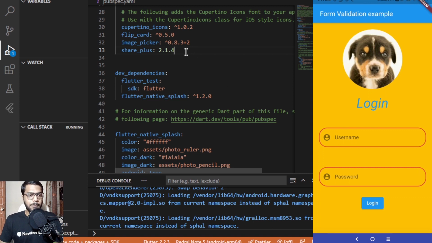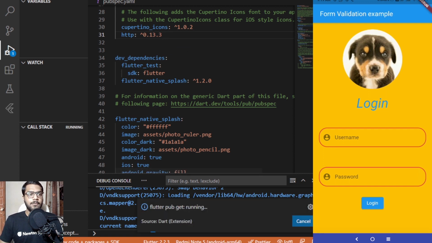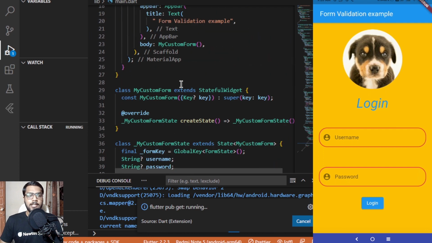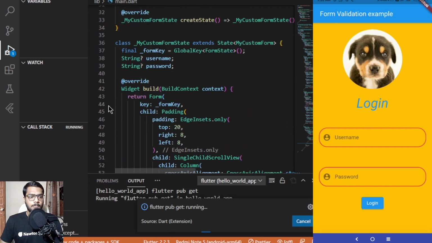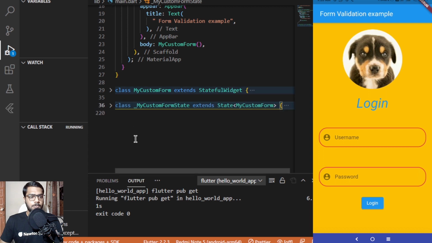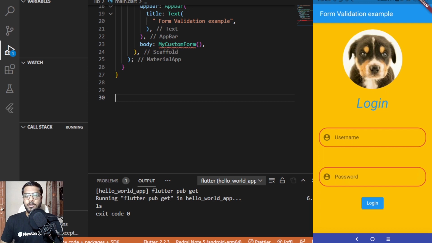and come back to this pubspec.yaml file, delete all of these and paste it over here, hitting Ctrl S, so that the flutter pub get command runs in the background and the packages are fetched. And until then, as we don't need these particular things, let me delete these as well. I can't see an arrow popping over here. There it is. So selecting all of these and deleting it,